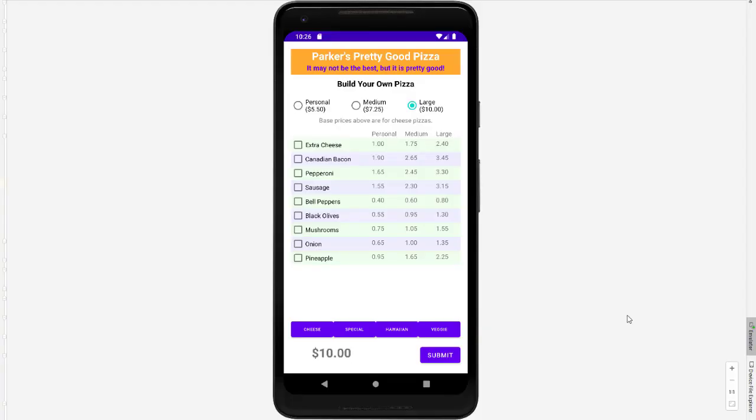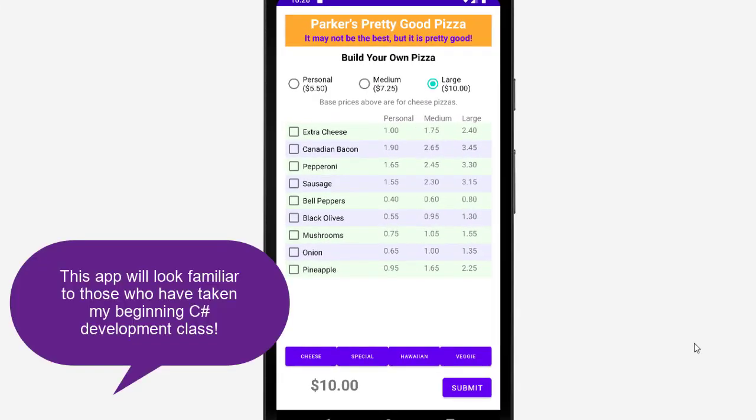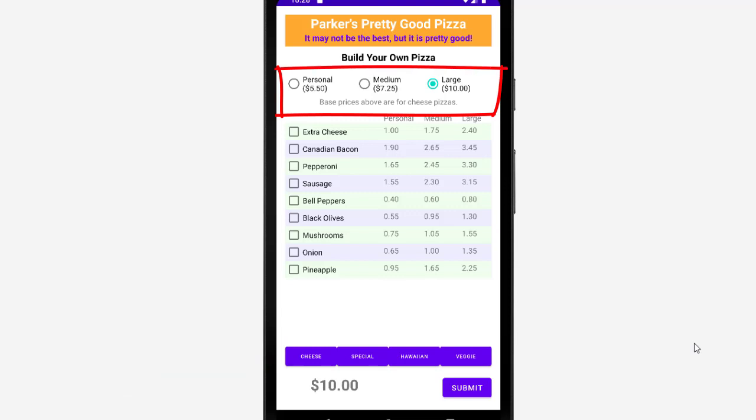The next assignment is our pizza builder for our client, who is Parker's Pretty Good Pizza. May not be the best, but it's pretty good. They like an app for their clients to build their own pizzas, choosing between 3 different sizes of personal, medium, and large. And the price for a cheese pizza is shown as $5.50 for personal, $7.25 for medium, $10 for